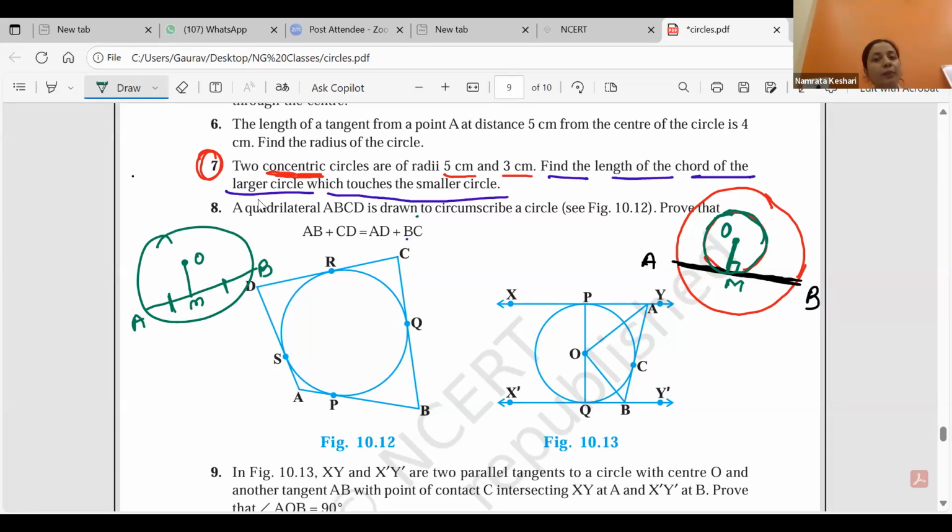तो सबसे पहले हम ये बताएंगे that OM is perpendicular to AB due to this tangent theorem. Okay, that tangent at any point of a circle is perpendicular to the radius. ओके कोई रैंडम रेडियस नहीं, जो रेडियस पॉइंट ऑफ कांटेक्ट से पास होता है उस रेडियस के साथ हमारा जो टैंजेंट है वो परपेंडिकुलर होता है। पहले हमें ये बताना है कि ये यहाँ 90 डिग्री ही क्रिएट हो रहा है टैंजेंट वाले थ्योरम से।